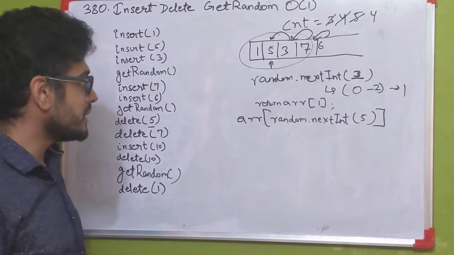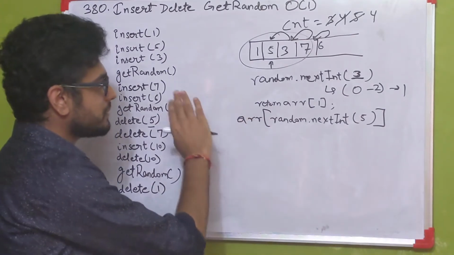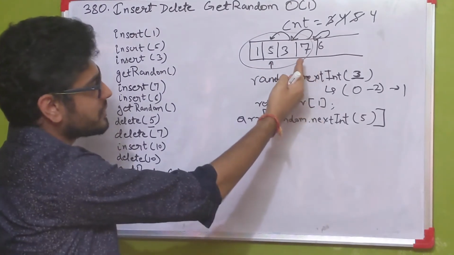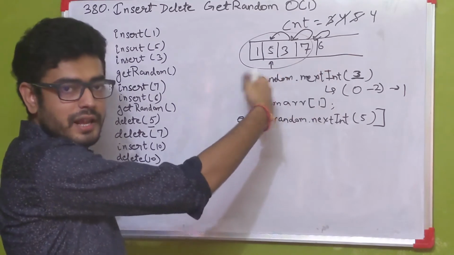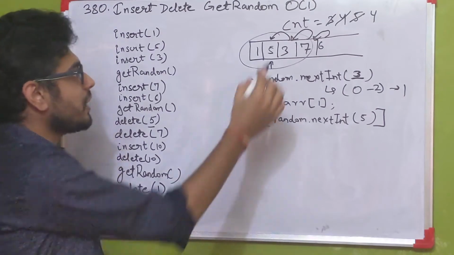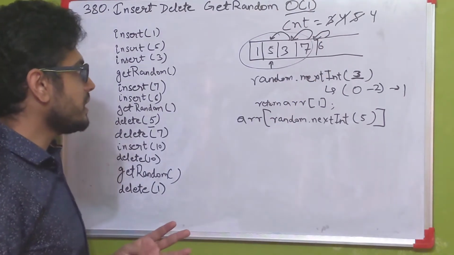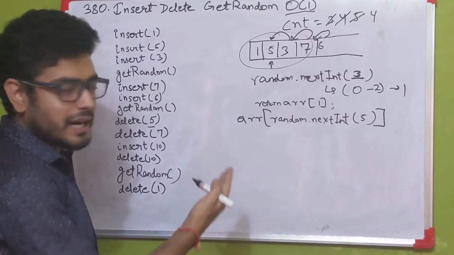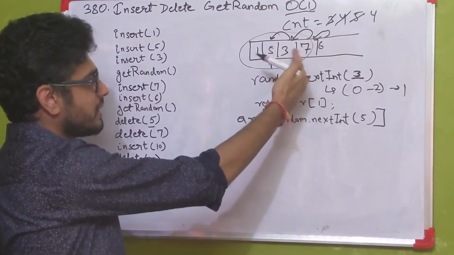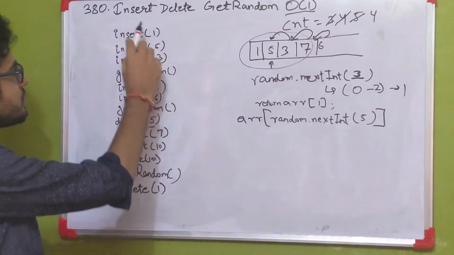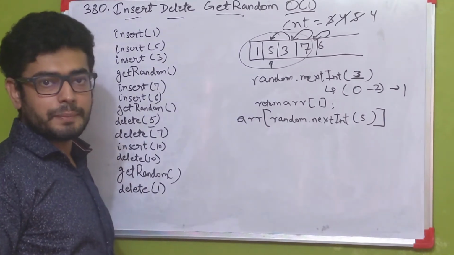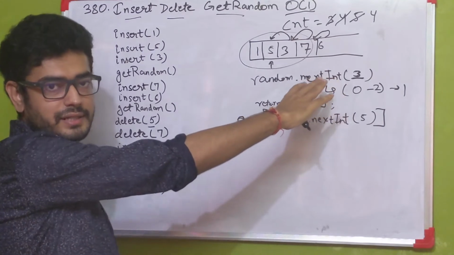So now if we try to understand how we did it, there were 2 steps. One is iterating across the entire array from the left-hand side to find the number, and second was shifting all the elements by one index towards the left. And both these operations take O(n) time complexity, which is not allowed for us. So let's try to improve this, starting with the second part, which is how can we avoid shifting all these numbers by one element. If we see our operations over here, insert, delete and get random, none of these operations are dependent upon how they have been ordered in the current array.